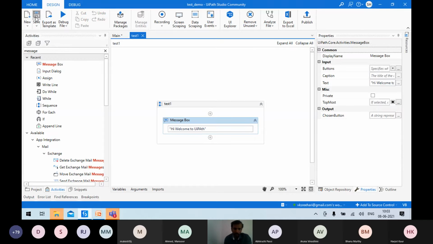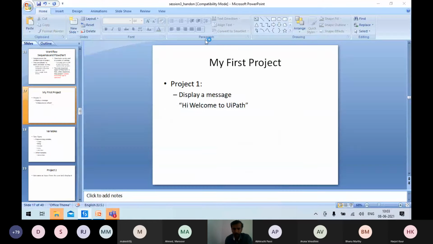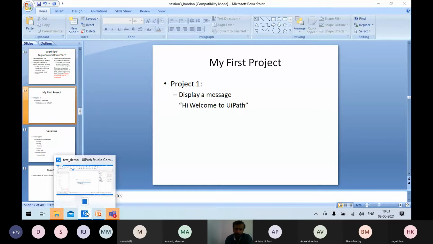Now you can save this. And if you see a debug file option, click the drop-down arrow of that debug file and just run the file. Once you start running the file, it will get minimized on its own. Your first project will take some time according to the speed of your system. Bring your cursor over the Studio and you'll see a running button here. So you just have to wait.